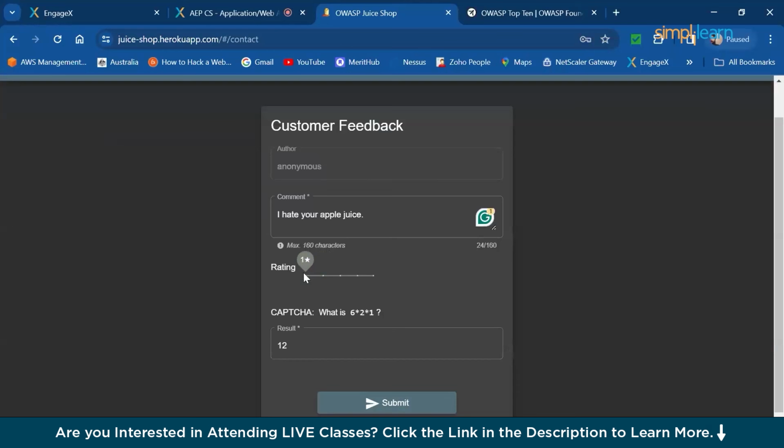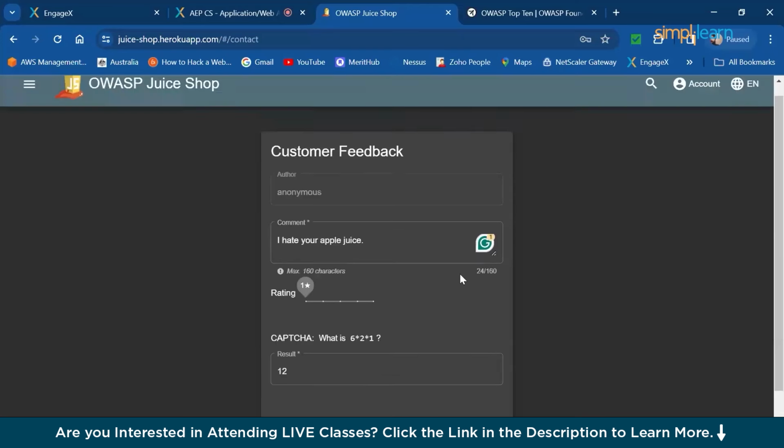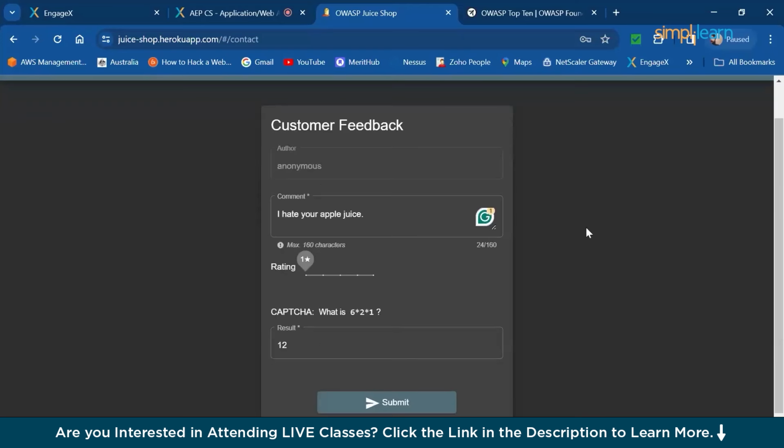Let me use my Burp Suite. So one thing would be to check in inspect element. The other one would be using Burp Suite. I'll just turn on the Burp Suite and connect